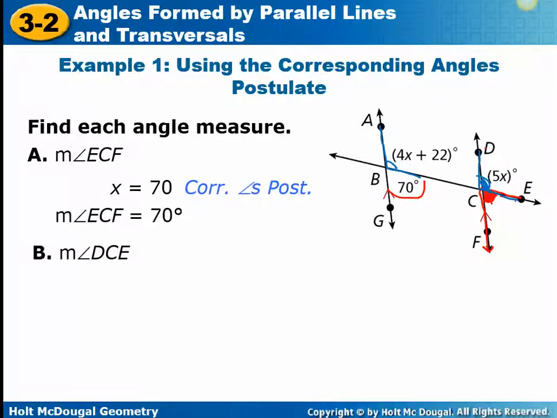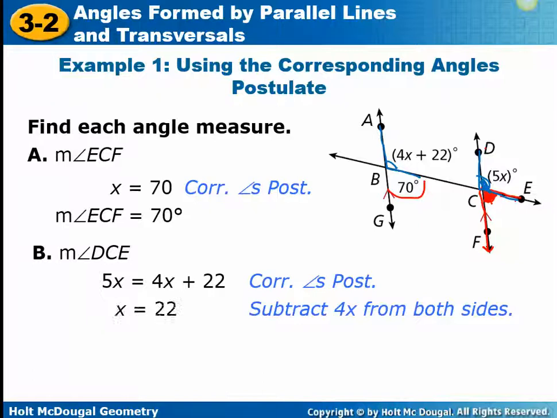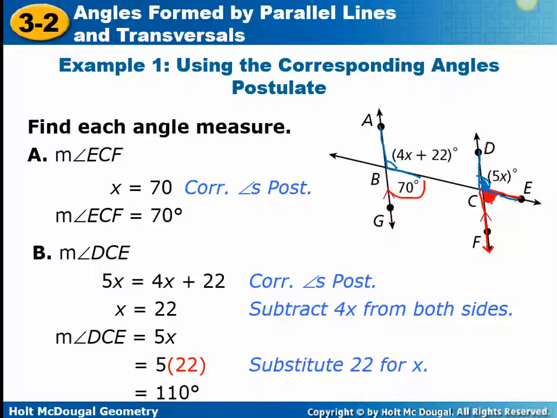So then we could write that 5x equals 4x plus 22. Then we subtract 4x from both sides to get x, or 1x, equals 22. Now that's not our answer because we wanted to find the angle of DCE, not 22. So we plug that back into the expression of 5x, and we'll get 5 times 22, which is 110 degrees